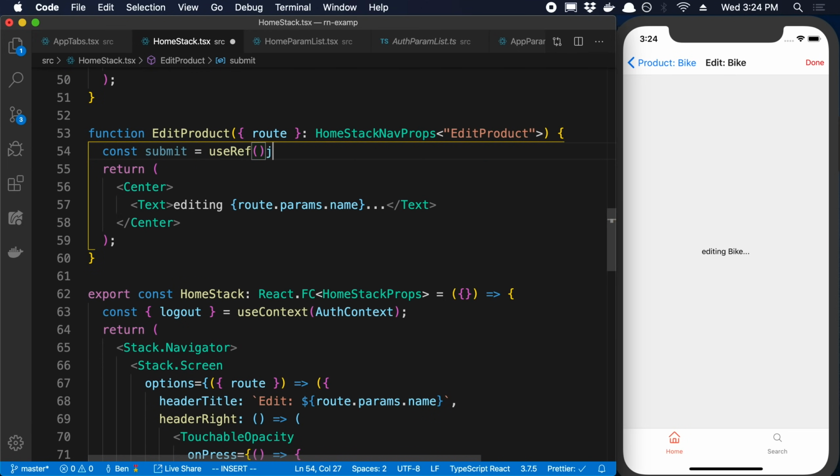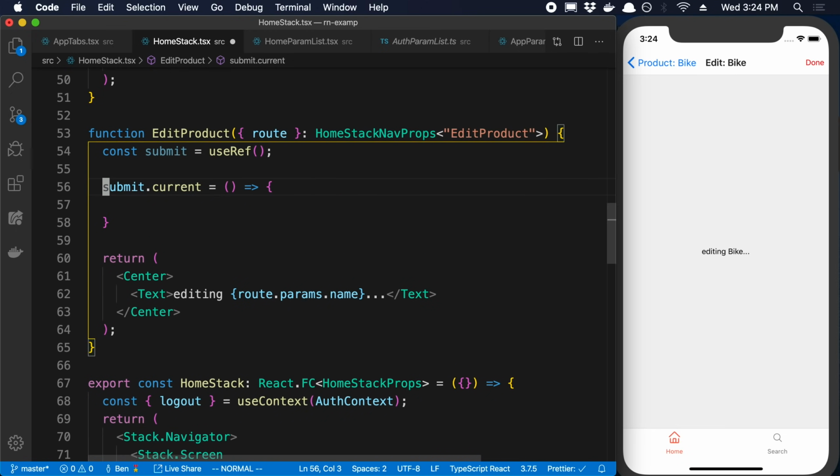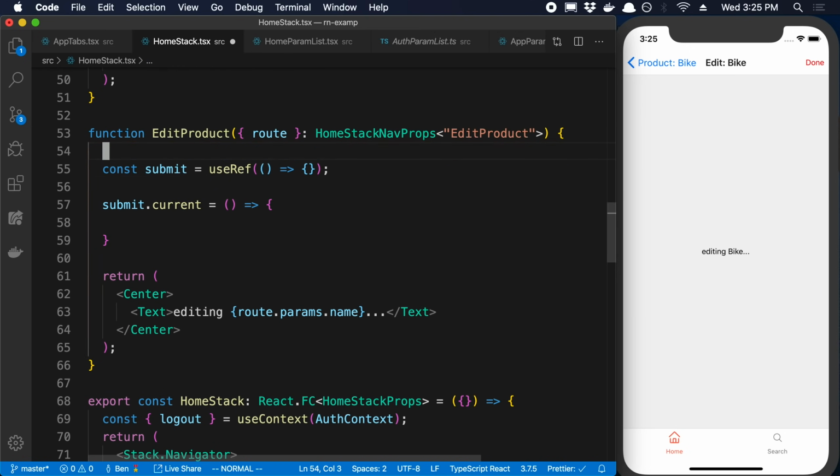So I'm going to say use ref, and then I can say submit.current, and then this function here is the submit function, right? Now it doesn't like it. I can pass a default function like that in to make it happy, or I can set the type there. So with this submit function, usually I have to access some form state. So maybe I'm using Formik, maybe I have useState here like this, and I have, you know, some form state, aka like the name of the product, and maybe, I don't know, description of the product, some information that I want to change. So here is where I'm going to make an API call with the new form state,